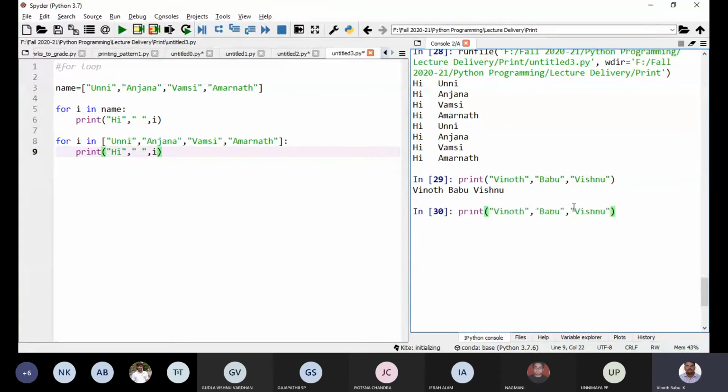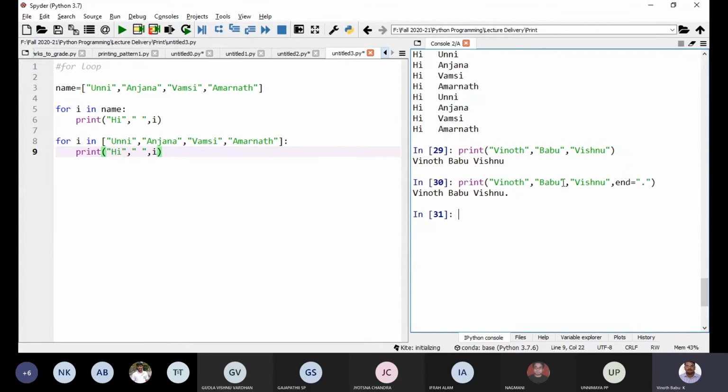So if you see here, I'm just using an end operator here, just adding a dot. You can notice after printing, by default this dot is added. Otherwise, you just see, I'm printing Vinod first, enter.